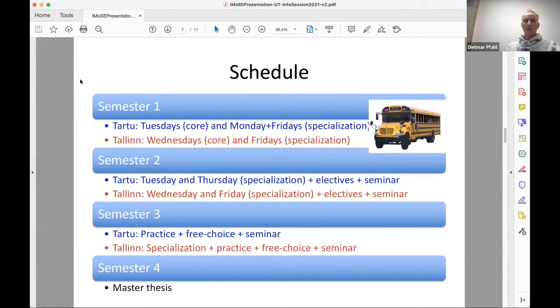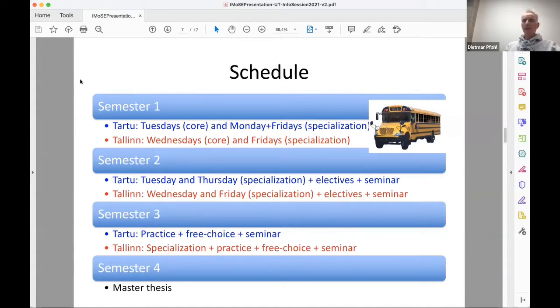And we have a bus hired, which is of course free of cost for you, which leaves in the morning from Tartu to Tallinn and comes back in the evening. We have it done that way because most of our students are actually starting out in Tartu and are located in Tartu. If you happen to be located in Tallinn in the first semester, then of course there are also other regular transportation means, and you will be refunded if you have to buy a bus ticket or a train ticket. So there's no cost, but there's some time to be invested for this traveling back and forth.